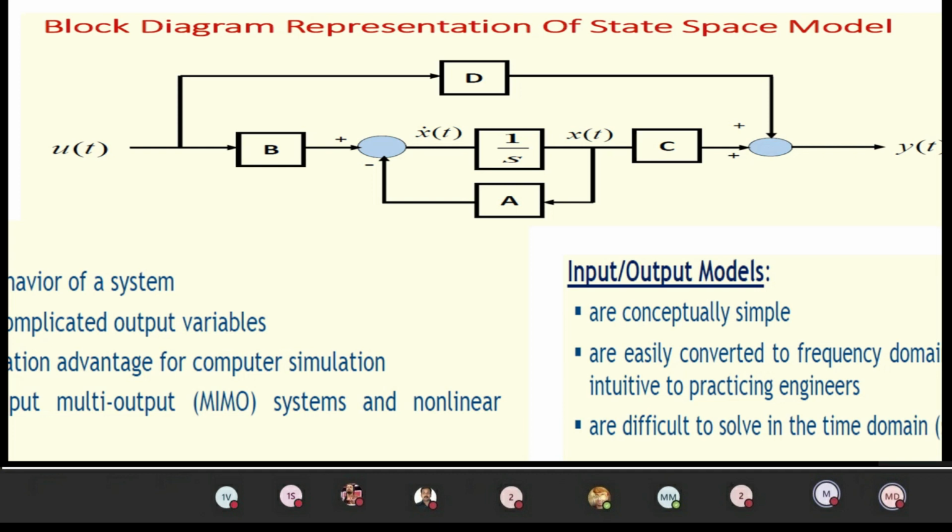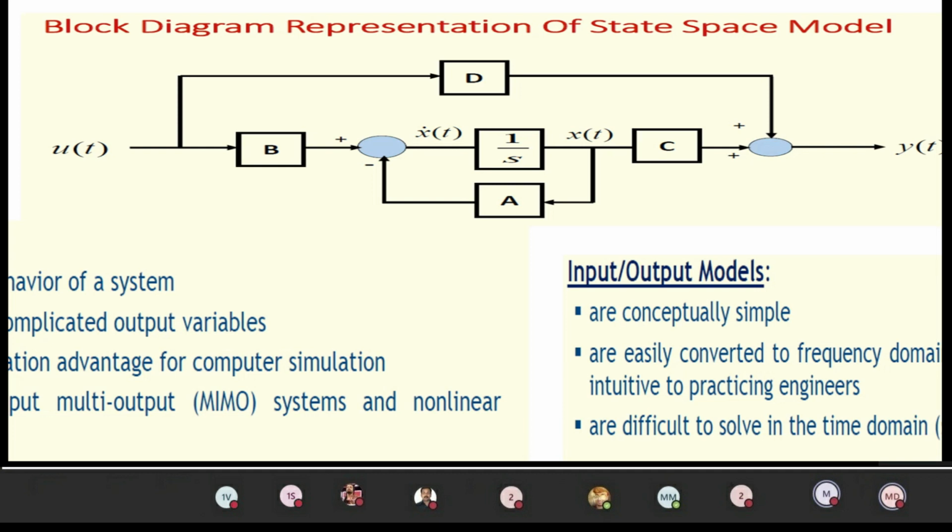So here first you have to write the u of t. From the u of t, you can see one signal is going to d. The other signal, where it goes, we have to look. In the state equation, x dot of t is equal to a into x of t plus b into u of t. So here u of t is already there, therefore you use a rectangular block, gain b. So the output will be b into u of t. That will be given to your summer.